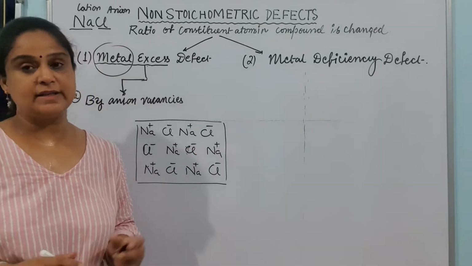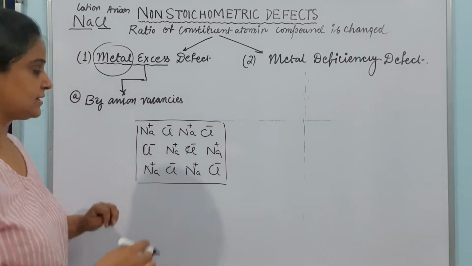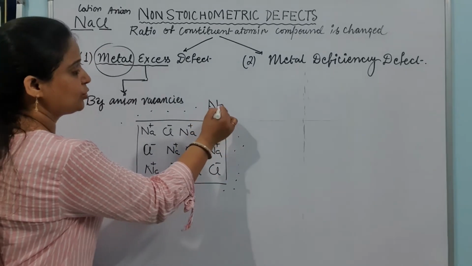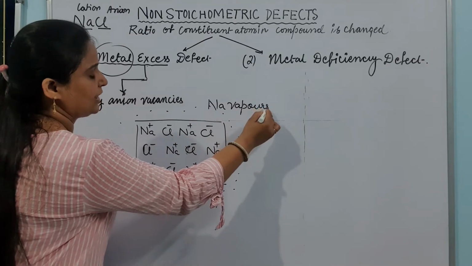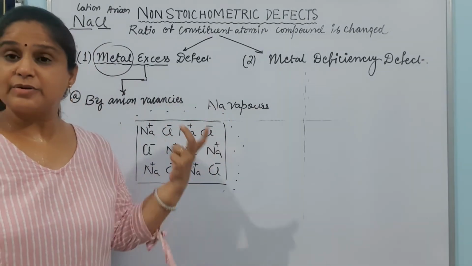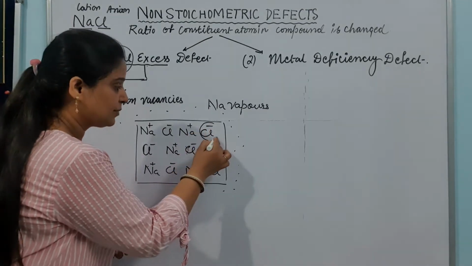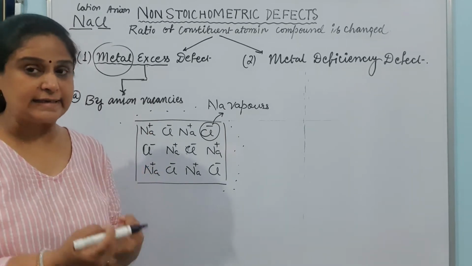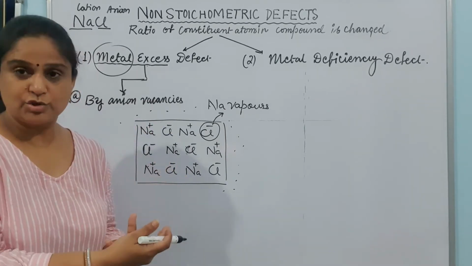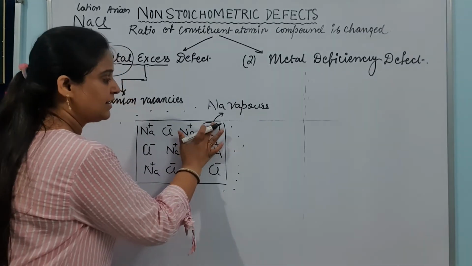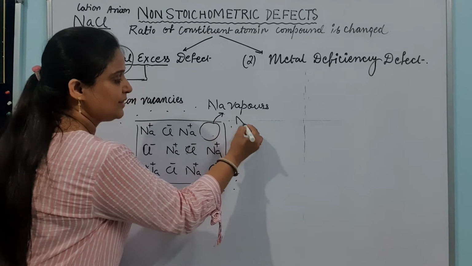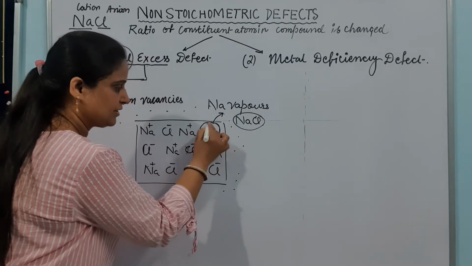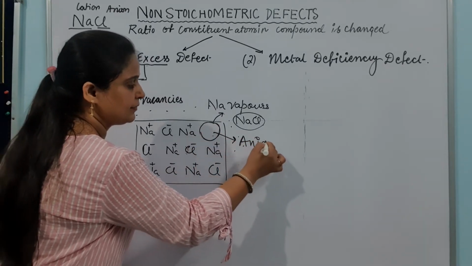So in this particular crystal there are Na ion and Cl ion. What I am doing is I am going to heat this crystal in the sodium vapors. मैं किसमें गर्म कर रही हूँ इसको? Sodium vapors में. Okay, so in the presence of sodium vapors, because the temperature is very high, this chloride ion suppose is going to react with sodium which is present in the form of vapor, because we are heating it, that is getting energy and start reacting with the sodium vapor. So क्या होगा? This chloride ion will move out and will make NaCl here, but ये जो जगह है, this space will be empty now. This is called anion vacancy.